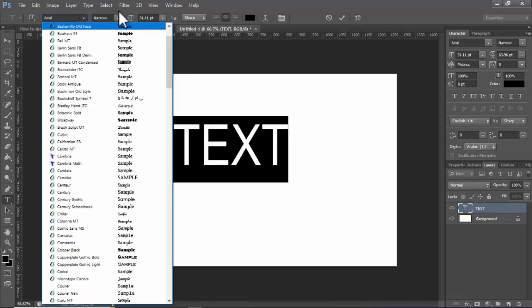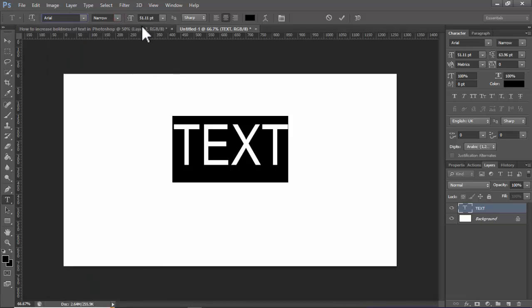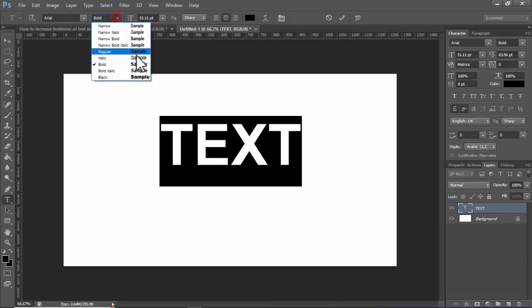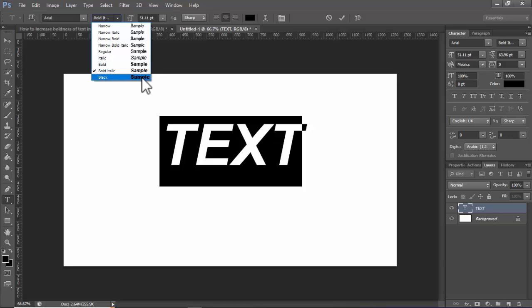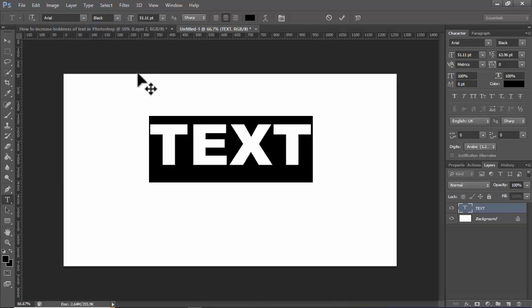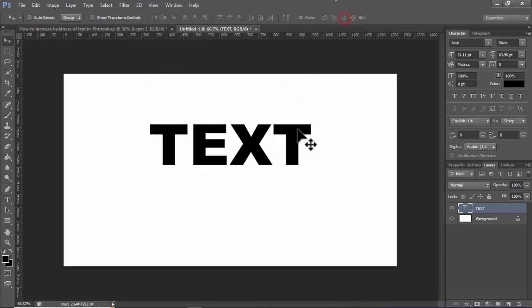Apply any text and use boldness. Click this option narrow. Now see this many options. I always use boldness black and